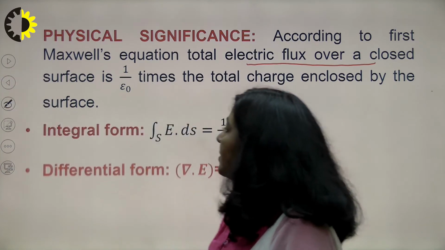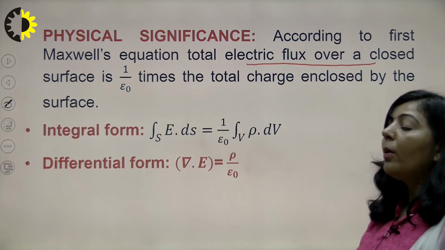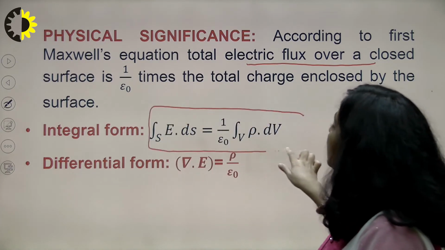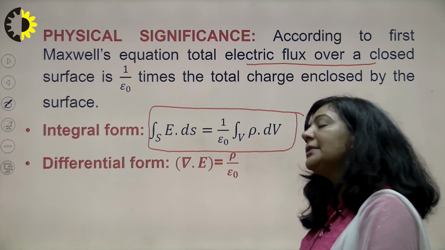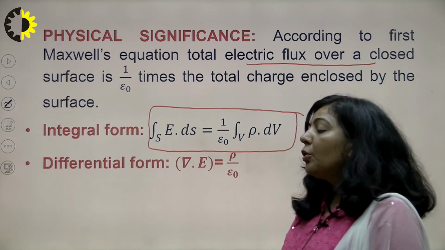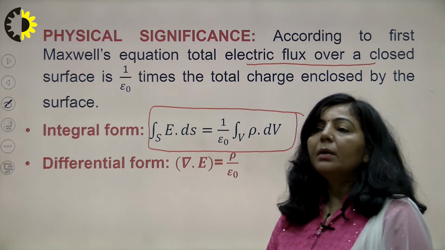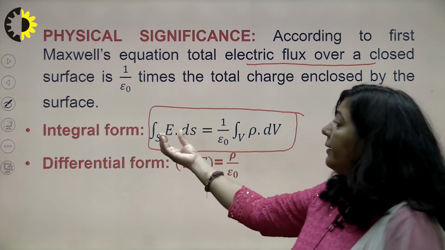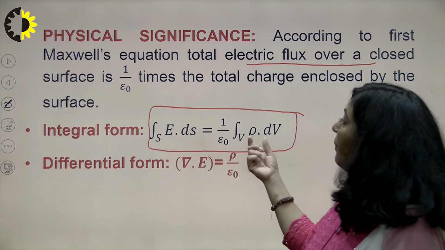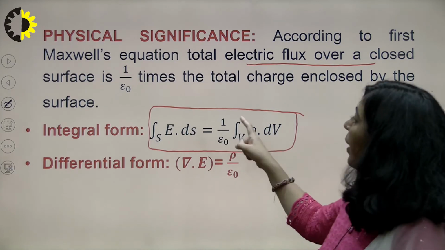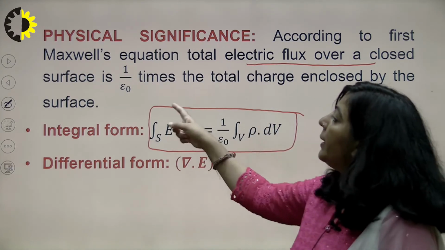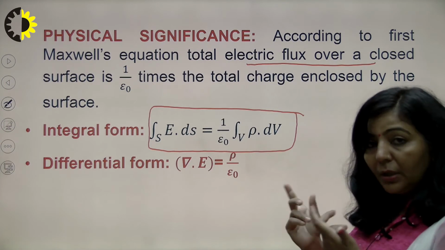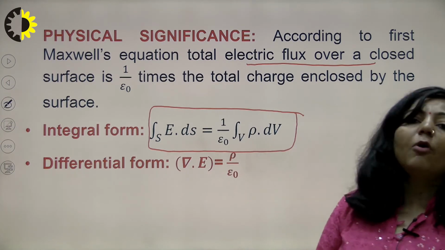And the next point is the integral form of Maxwell equation and the differential form. So this is known as the integral form of Maxwell equation. Why am I saying this is integral form? Because your Maxwell first equation is derived from Gauss law in electrostatics, where the electric flux is equal to 1 upon epsilon naught times the total charge enclosed. You have represented the charge in integral form, and this electric flux is also in integral form. So each and every part is in integral form. So this is known as the integral form of Maxwell equation.